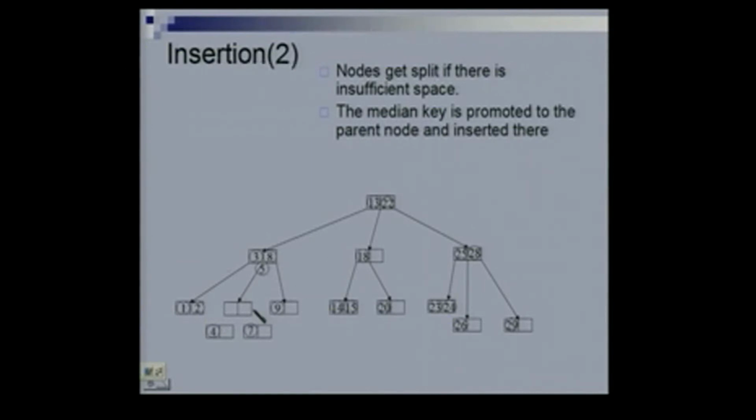There is nothing left here, so we will just remove this node. Now, this is trying to go into this node, except there is no space here either. So, once again this gets split into 2, 3 goes here, 8 goes here, and the median 5 gets promoted